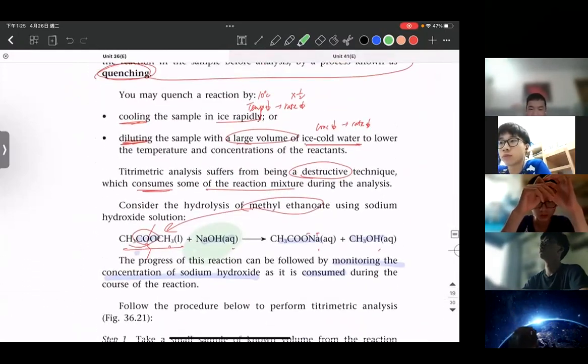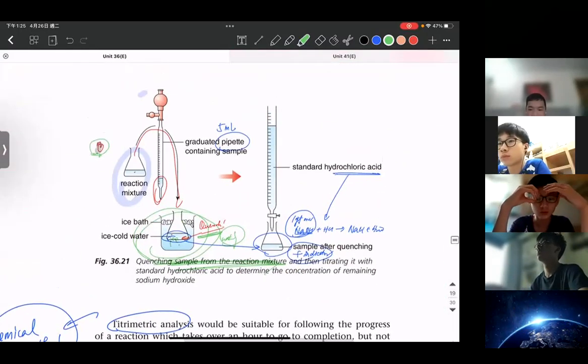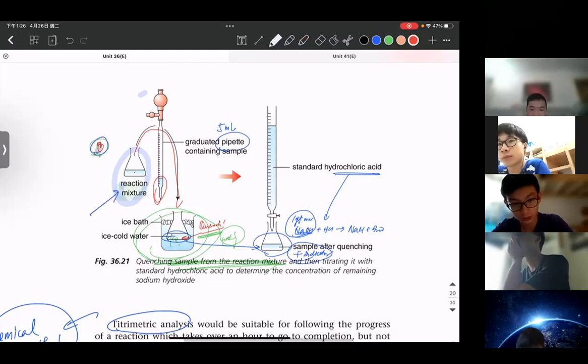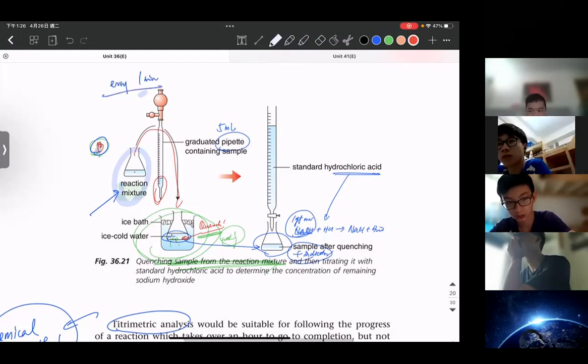I would like to show you this part before we come back. So the reaction will be, the design experience should be this. Once I mix the chemical here, once I mix the chemical, I start the timer. While the reaction goes, how do I keep track of the reaction? At certain time intervals, for example, every 1 minute, I would extract